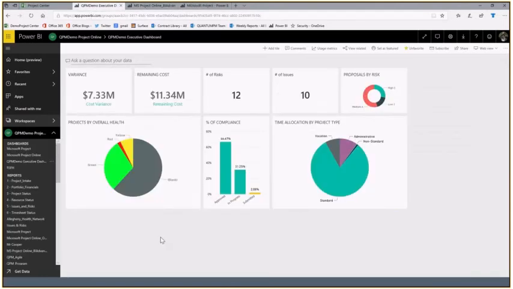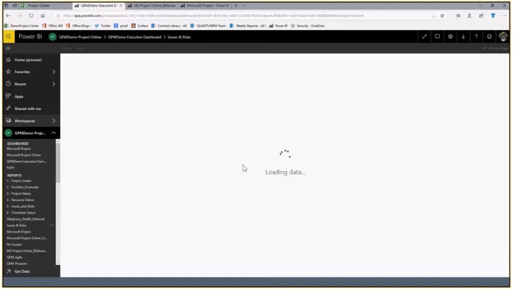Let's look at this one actually live. I had a few screenshots in the other system for you, but here's an executive dashboard that you could look at. And again, any one of these items here, if I click on that, I'll be able to go into that particular area and drill in more into, say, cost or into the risks that are showing up in the organization. And each one of these, as I click on it, will take me into a different area.